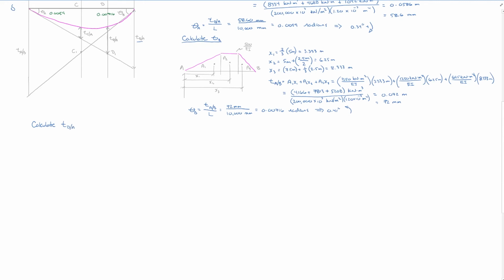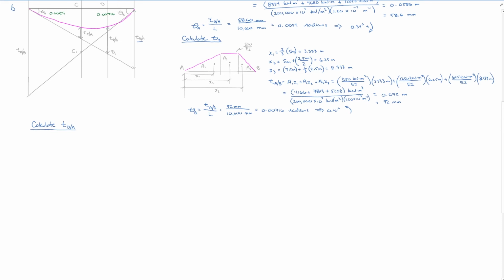So T relative to A. And so that distance is shown up here in the diagram right here. And if we have that distance, then we can use some geometry and figure out what the actual deflection,